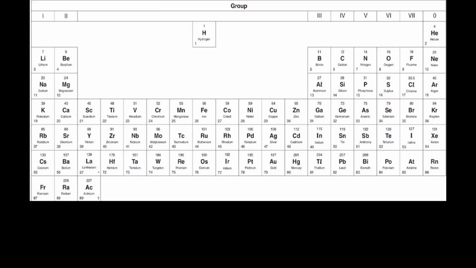Okay, in the last class we learned how to write the formulae for different compounds. Now today we'll learn about equations. What does an equation tell you? See, when you write chemical equations, remember a chemical equation goes like this: A plus B